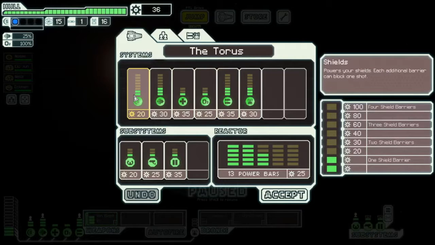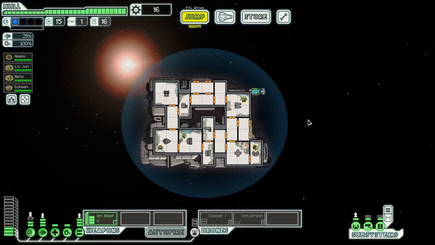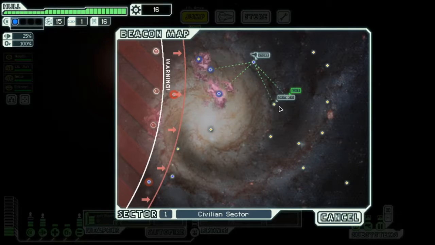Alright, so upgrading shields is kind of a 2-step process because you need 2 upgrades to get another shield barrier, but that's because shields are like mad important. So we're going to go ahead and invest in that right now. Alright, let's go and jump to the distress beacon. Looks like we still got plenty of time, so we might explore some of these lower systems. Only that one has path back to the...